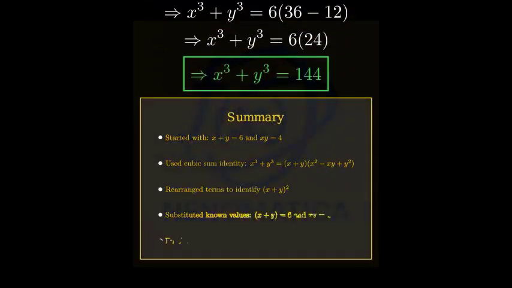Let's summarize what we've learned in this problem. We started with a system of equations x plus y equals 6 and x times y equals 4. We used the cubic sum identity x cubed plus y cubed equals (x plus y) times (x squared minus xy plus y squared). By substituting our known values and performing algebraic manipulations, we found that x cubed plus y cubed equals 144. This problem demonstrates how algebraic identities can be powerful tools for solving complex expressions without having to find the individual